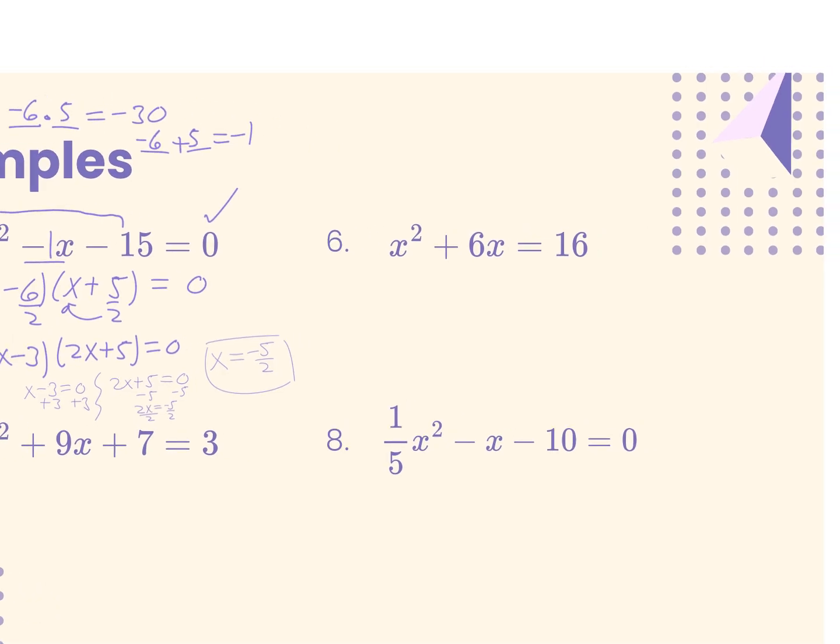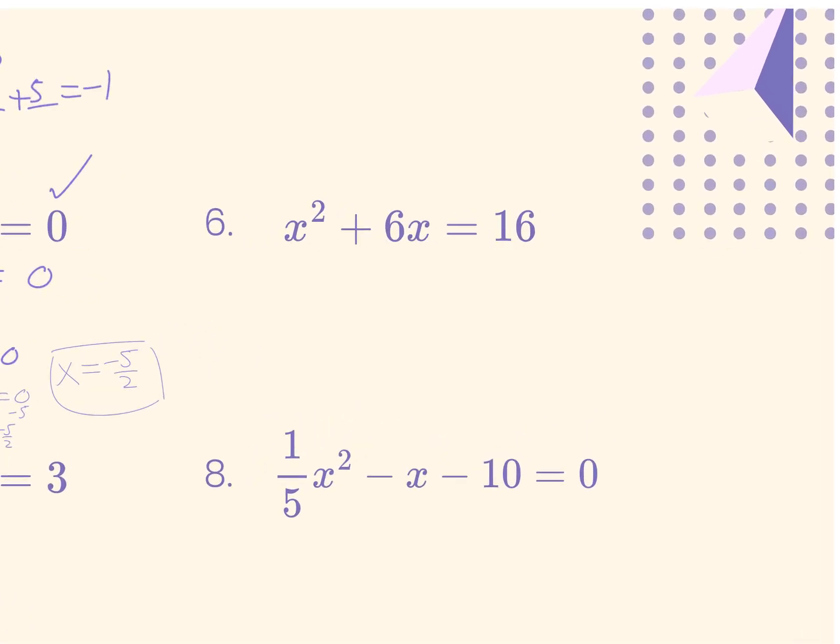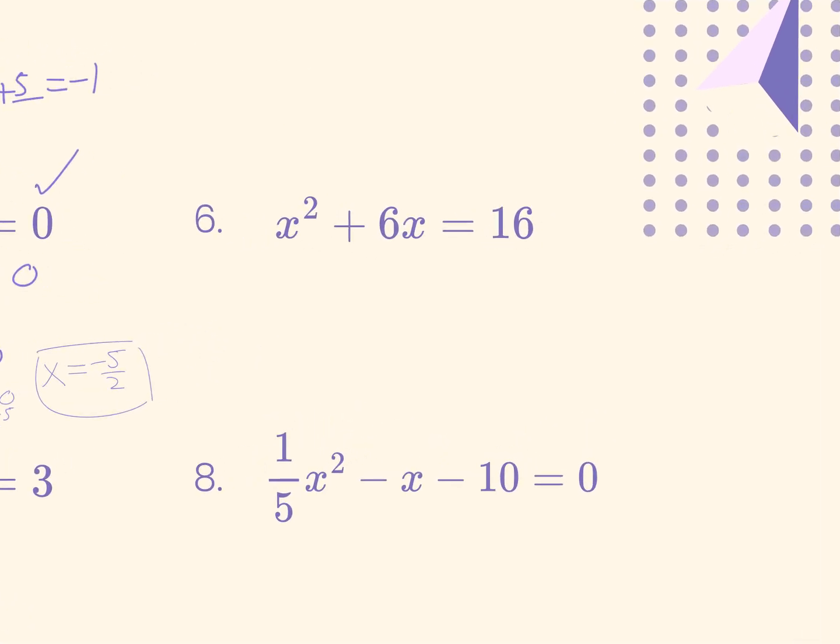Try the exact same thing with the next one. Only difference here is that this is not set equal to 0, right? I want that 16 on the other side. So to get it on the other side, I'm going to subtract 16. And so I get x squared plus 6x minus 16 equals 0. And then I can find factors of negative 16 that add to 6. That's going to get me a positive 8 and a negative 2